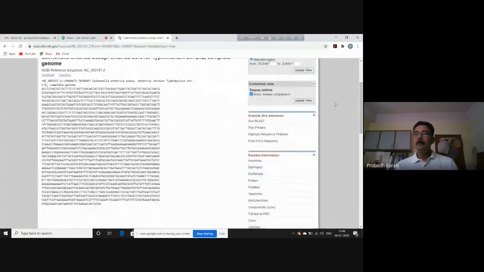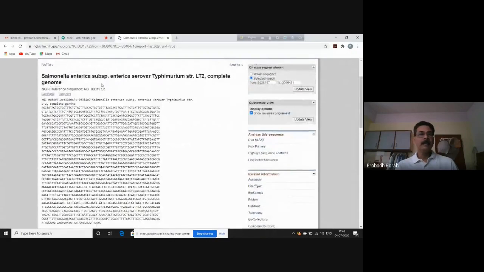So this is the part of the genome sequence that represents the INVA gene. Okay, this is from the genome sequence of Typhimurium LT2 strain. So this is the entire gene sequence. This is starting from the position 3040471 and continues up to 3038407.